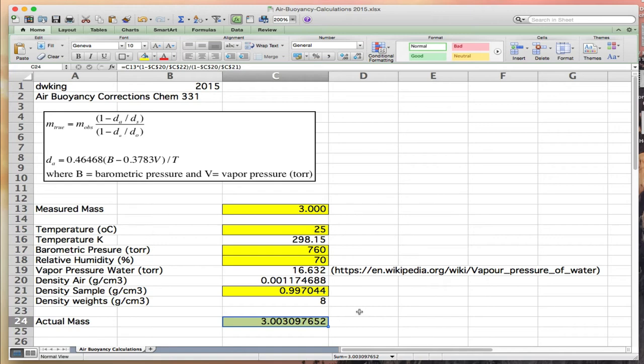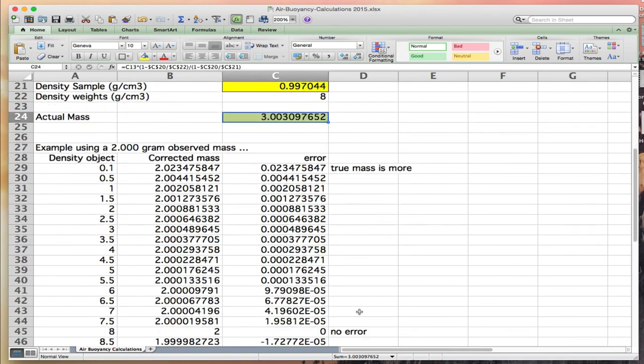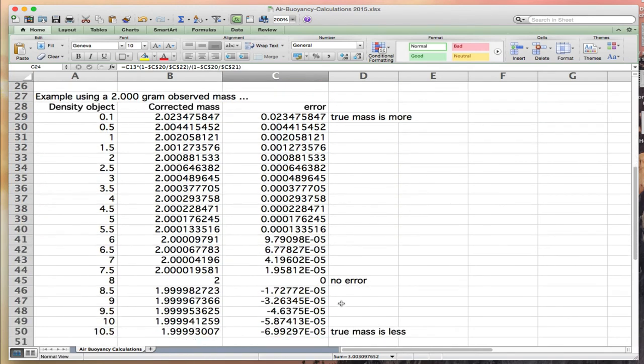Now, as a further example, I'm going to scroll down and look at the actual errors in a 2-gram mass as a function of different densities. So this is going to be objects with a very low density. This is the object with the same density as the steel, and this would be objects with high densities. So now this is my buoyancy correction, and what I've done here is I've used the C